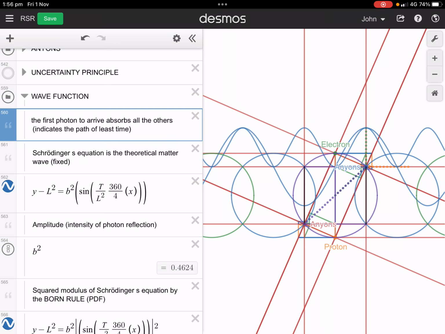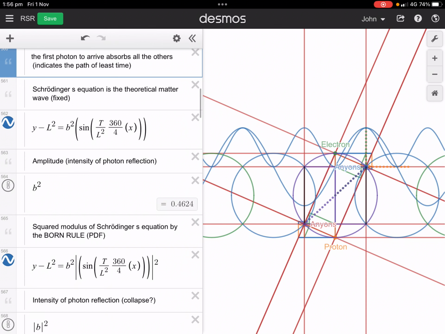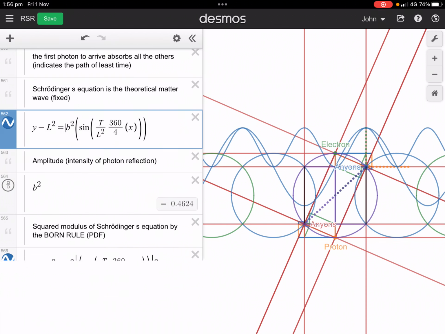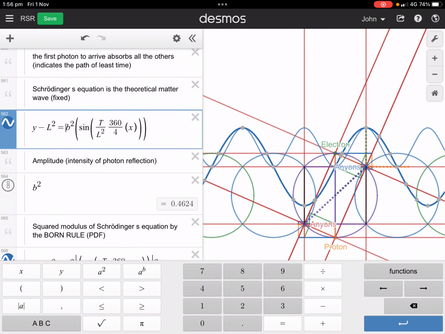Double slit experiment, let's say. It's the first, so it takes all paths, and so the path of least time is the one that absorbs all the others. And I've modified my Schrödinger's equation so that you just with that little b squared really, so